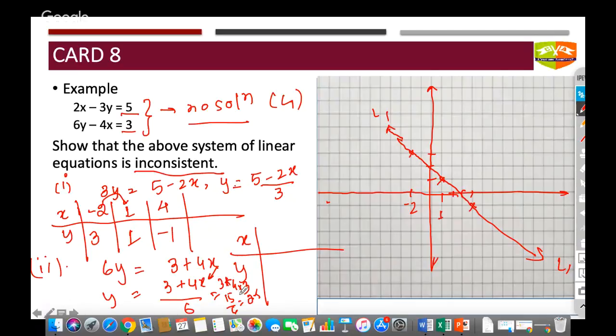So I start with x is equal to minus 3. If I put x is equal to minus 3, this will give me 1.5. If I put x is equal to 3, then I get 2.5. If I put x is equal to 9, I get 9 into 4 plus 3 divided by 6, so this will give me 6.5. And if I put x is equal to minus 3, this will give me minus 9 by 6, which is 1.5. So I take x is equal to minus 3, and this is my 1.5 somewhere here. If I take x is equal to 3,